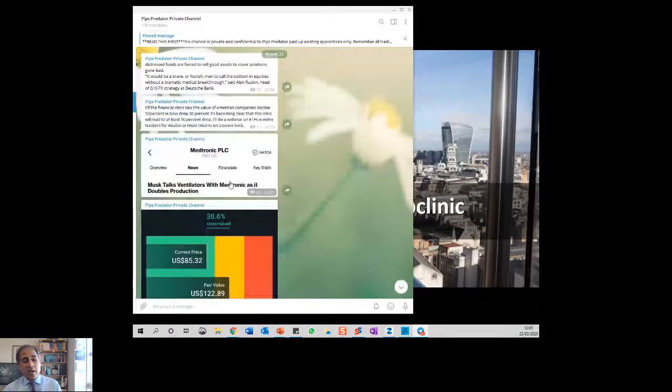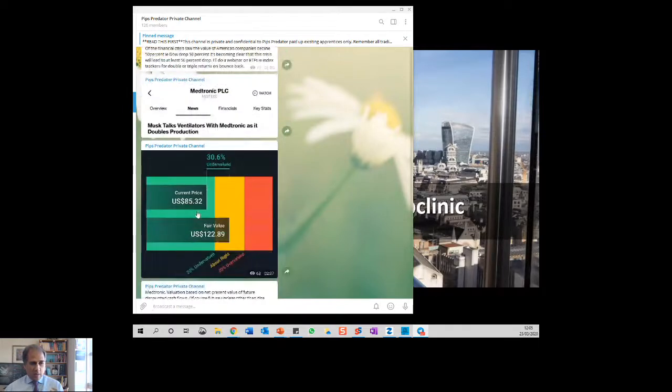Okay, Medtronic, I've had a quick look at, just seeing there's some talk Elon Musk is looking at ventilators. That's more speculative. I don't indulge in news-based speculation, but I just wanted to share that one with you. According to our analysis, they are about 30% undervalued. As you can see from what I've said about the broader markets and the likelihood, I think they're going to fall further, and I'll show you some images in a second how much further I think they're going to go. 30% undervalued isn't that bad.